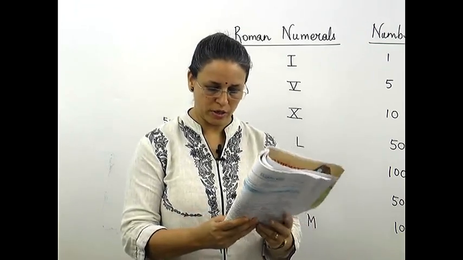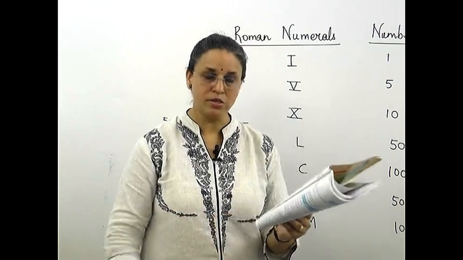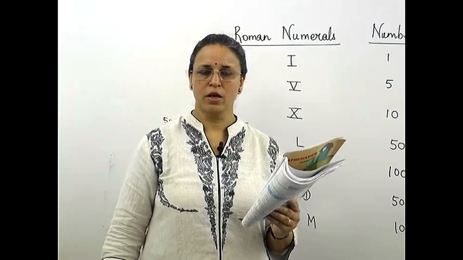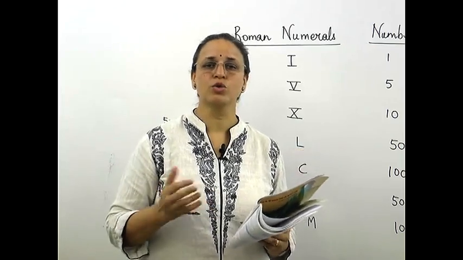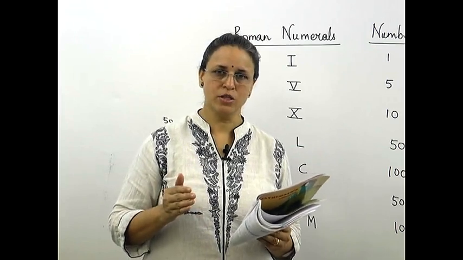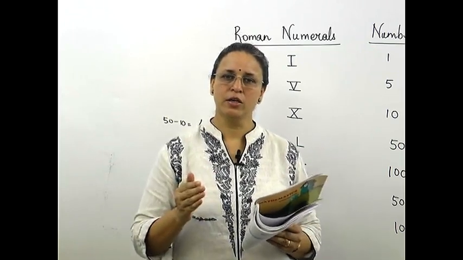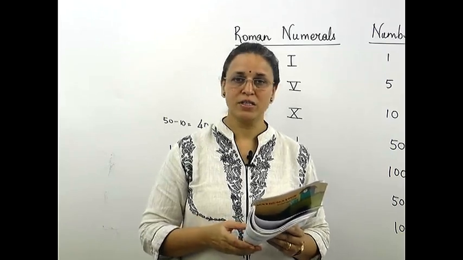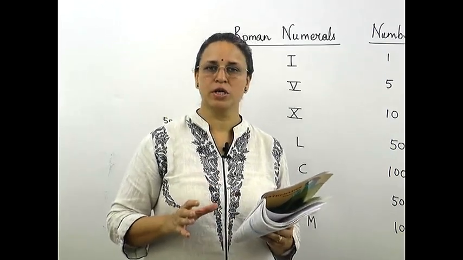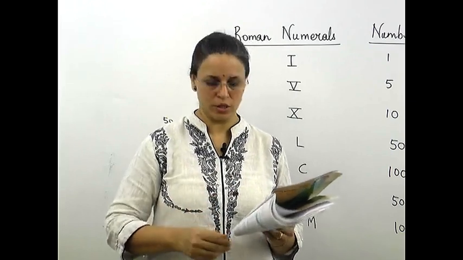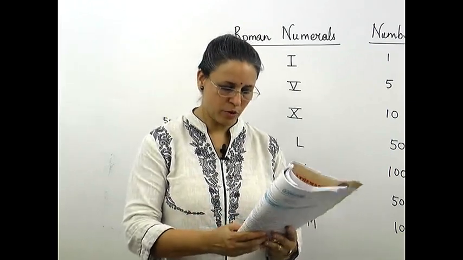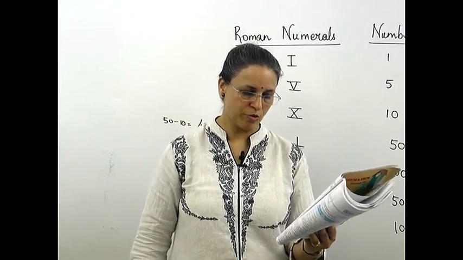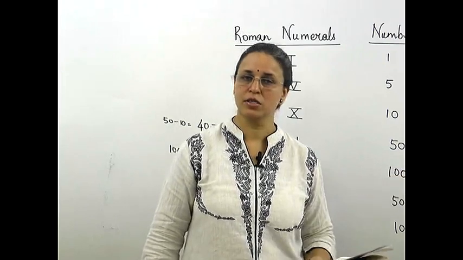You have learned to write numbers using 10 digits, that is 0 to 9. 0 to 9 हम क्यों कहते हैं? Most people have a habit of saying 1 to 10. 0 to 9 जब आप लेते हैं, तो after 9 you use 1 and put a 0 to it, it becomes 10. So basically you are using only these numbers and making combinations with all those numbers. In that system, the value of the digit depends on its place in the number. This system of writing numbers is called the decimal system.